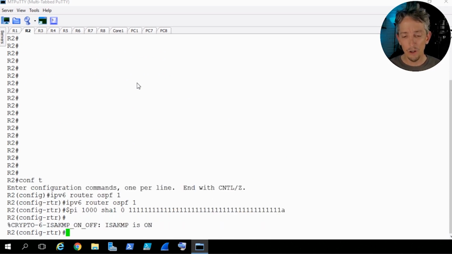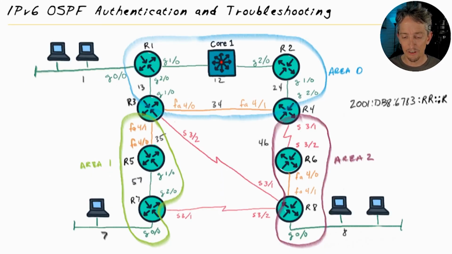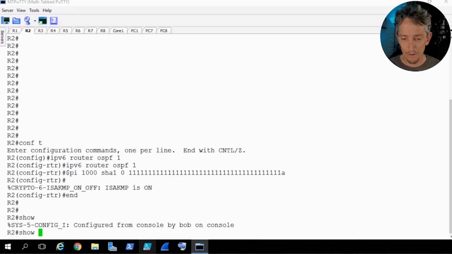And then also, while this is on, let's take a look at our topology. Let that cook for a second. So in our topology, if we looked at gig 2/0, because we applied it to the area, the interfaces in that area should automatically also be using it. So let's take a look at gig 2/0 from an IPv6 OSPF perspective. So back to R2 we go, and here on R2 we'll do a show IPv6 OSPF interface for gig 2/0,